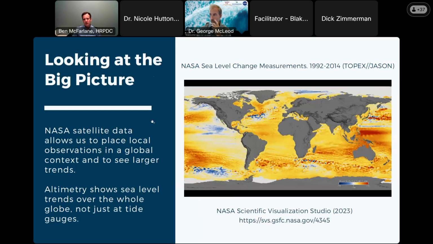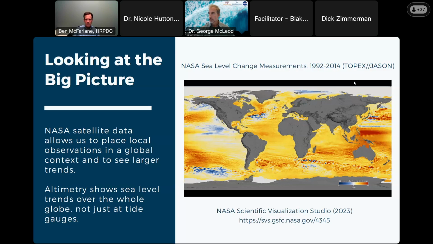And that's, I think, one of the key advantages of working with NASA and taking advantage of these tools, these satellites that they've launched and have been using to track different things over the last several decades. That really helps us get a better understanding of what's going on worldwide. In this case, this graphic shows sea level change measurements from the TOPEX/Poseidon Jason record, I'm probably not pronouncing that correctly, from 1992 to 2014. The dark blue areas are areas where there's been a drop of 7 centimeters in sea level over that time period, whereas the red areas show an increase of 7 centimeters.